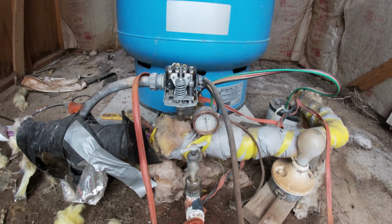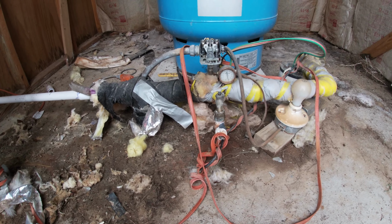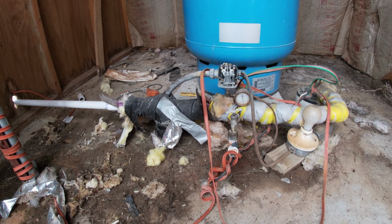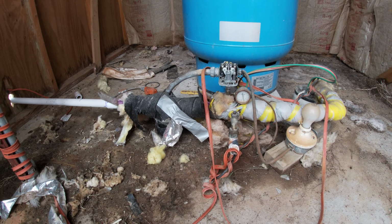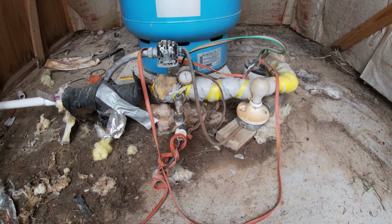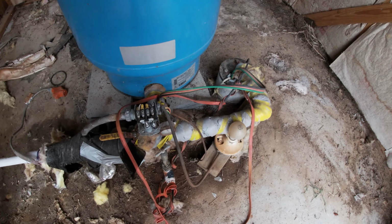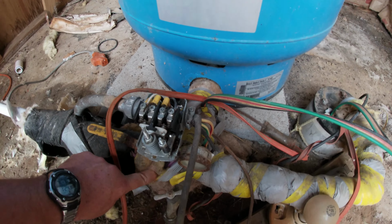I do know that valve or that pressure gauge is not functioning the way that it should. It needs to be replaced. And then not sure where their lid went to that. That should be covered for electrical safety. So yeah, I don't know if it'd just be easier to replace the whole T, because I've also noticed, or what I should say is I don't see, on this T